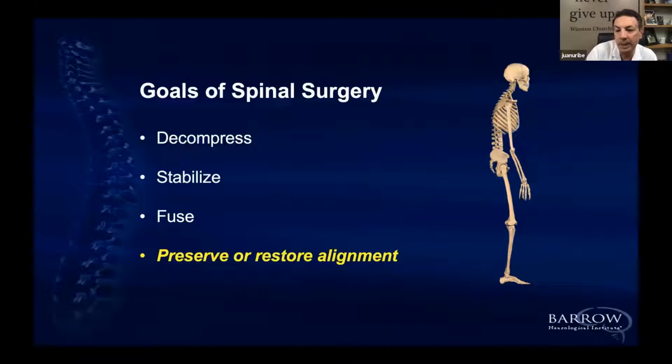And the problem is we later find out that actually we were missing one part, which is this one. We were not paying attention to restoring alignment, or more than that, to preserving what we have. And we were losing a lot of lordosis at that time, especially doing PLIFs and some of the posterolateral fusions. We didn't have enough knowledge to know that lordosis was such a big deal in order to keep the balance